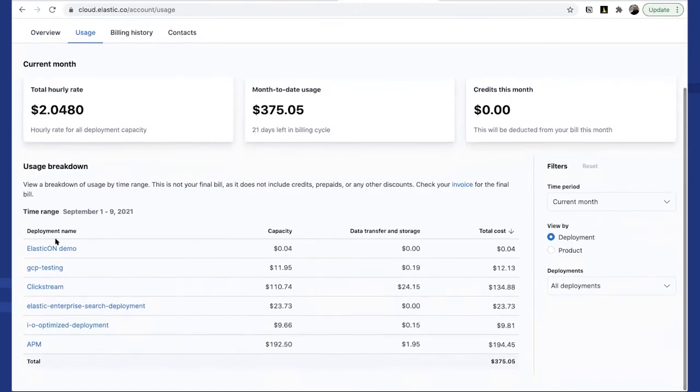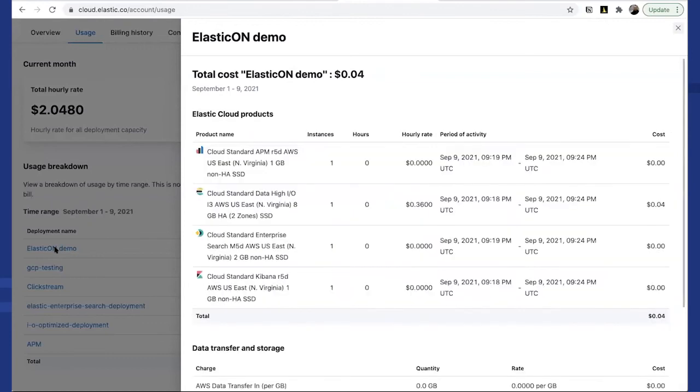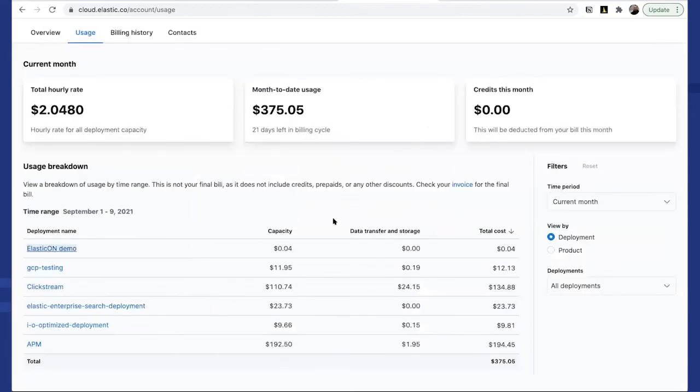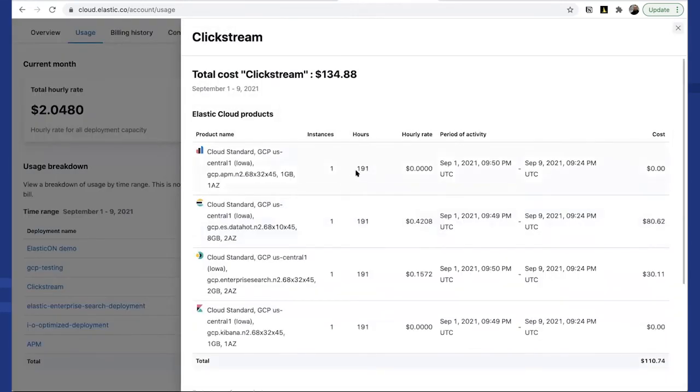You can see here that I have multiple deployments, and the Elasticon demo deployment that I just started is very small, so you only pay for that part, and based on the number of hours it's been running. And you can see here how this helps you across different budgets, different use cases. So I have a small demo environment, and I know exactly how much I'm paying for. I have a very long-running clickstream deployment, which has been running for about 190 hours.